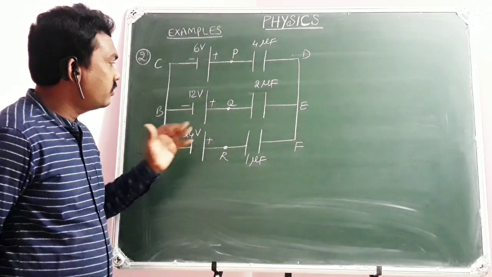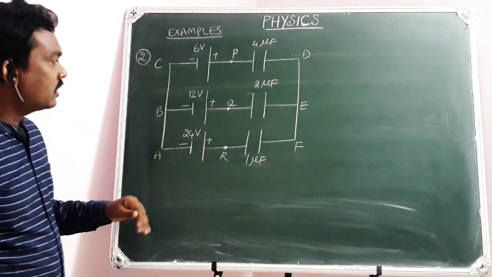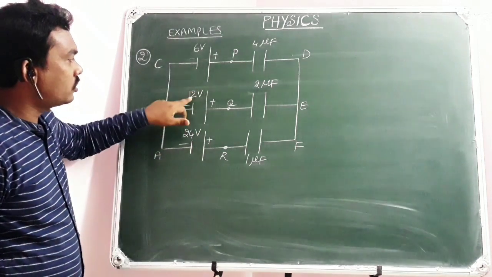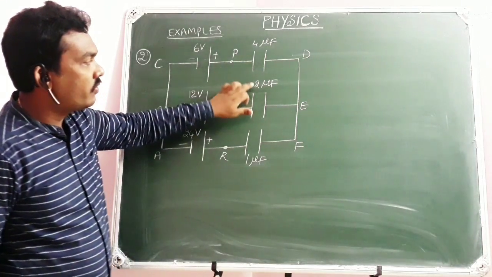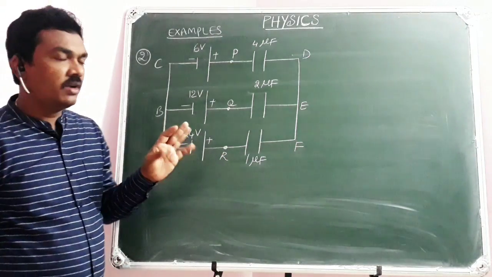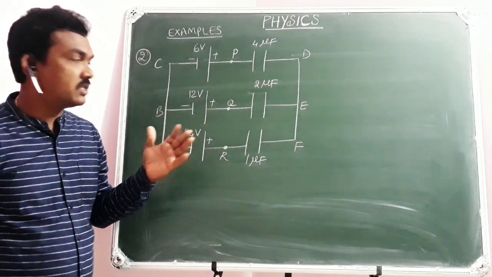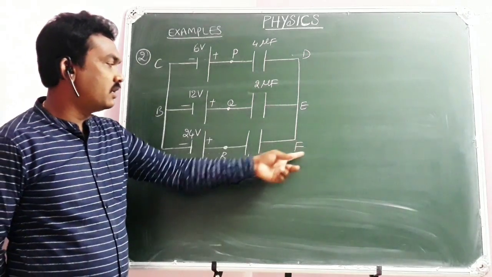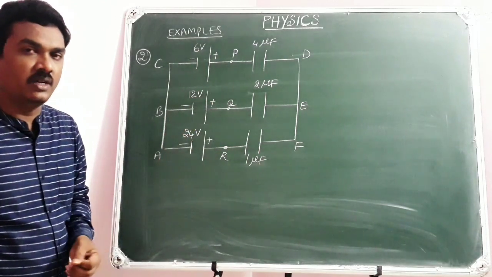Yes, look at the next example. Here there is a group of capacitors connected in the electric circuit along with the cells whose voltages are 6 volt, 12 volt and 24 volt and whose capacities are 4 microfarad, 2 microfarad and 1 microfarad. So in this situation, we will not be able to guess whether they are series or parallel and we can't apply Wheatstone bridge principle. Even on seeing that itself you can say so. Of course, the closed loop is A, B, C, D, E, F. This PQR additionally I have given just for convenience, that's it.